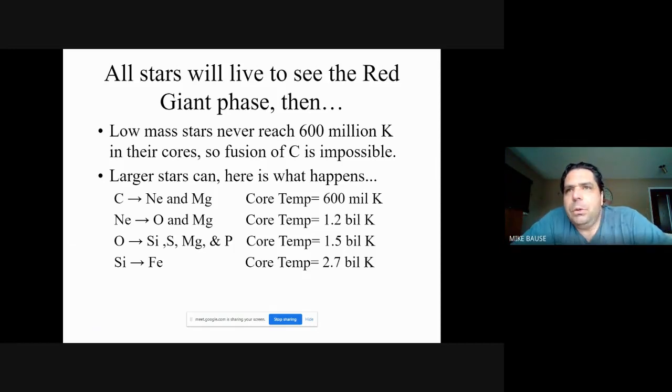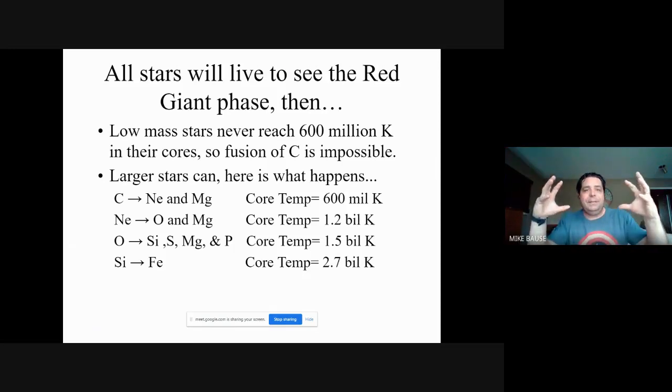Anyways, really massive stars that are 8 times the mass of the sun or more have the ability to fuse carbon into heavier elements. It's kind of like what happens in the sun. When hydrogen runs out, the core begins to collapse because gravity is squeezing it, and then helium ignites. That lasts for about 2 billion years in our sun, and different amounts of time in other stars, but eventually the helium will run out, and all that's left is carbon in the core. If you have a really massive star, gravity will collapse it and collapse it and collapse it till it gets to the point where